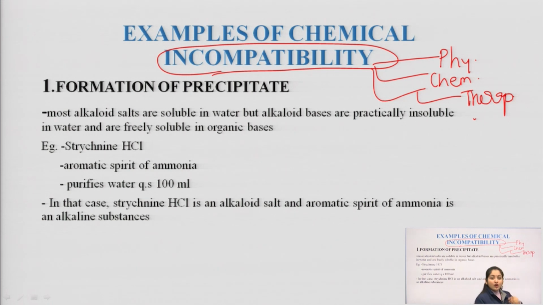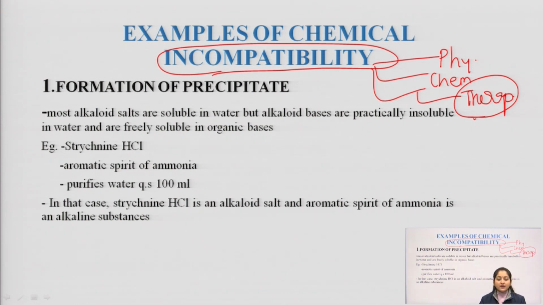Last but not the least is the third type, therapeutic incompatibility. We are going to have an entire session on therapeutic incompatibility. But before that, we saw what incompatibility is and what its types are. In continuation of the last lecture, we were looking at chemical incompatibility. We saw 4 important examples that involved formation of precipitate, gas formation, formation of non-ionic bonds,